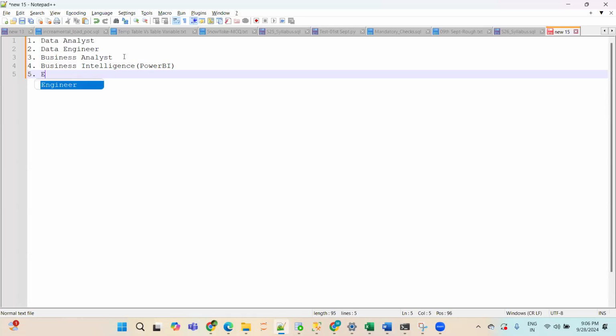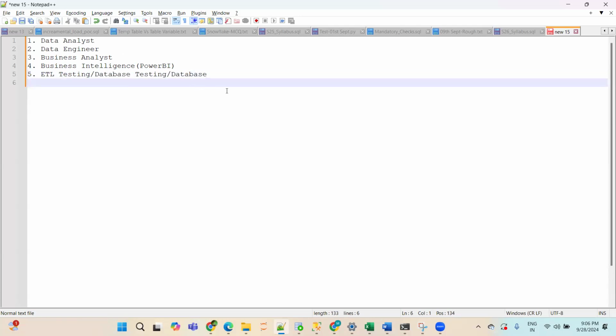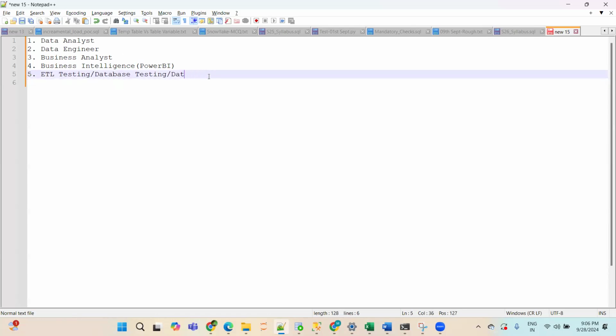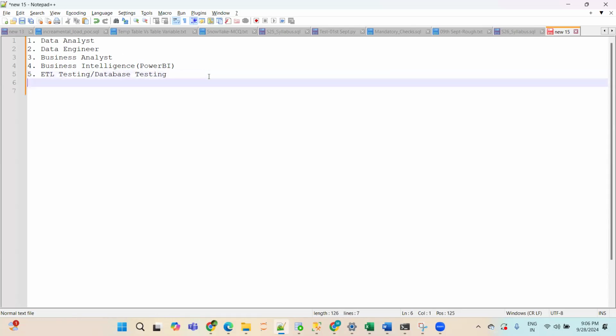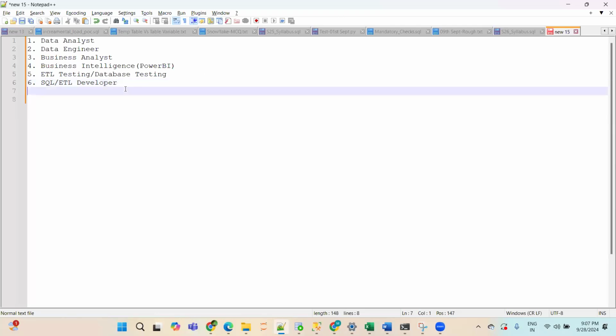Then you have ETL testing, also known as database testing. And then you have SQL or ETL developer, they are almost the same. In these job profiles, and then backend developer or full stack developer, SQL is needed as well.